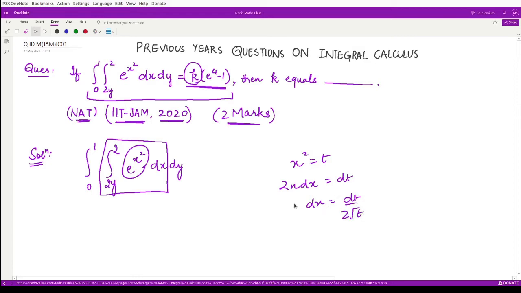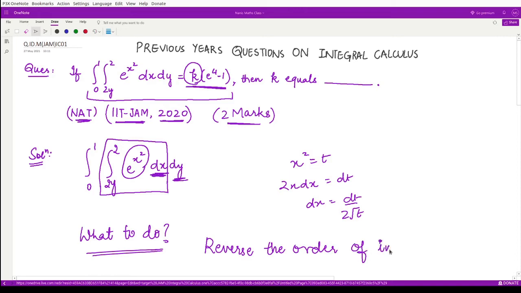So performing this integration here would be quite tedious when you are performing this integration firstly with respect to x and then with respect to y. So what to do here? We want our 2 marks here, right? So in order to solve this particular question, what we can do, we can reverse the order of integration.